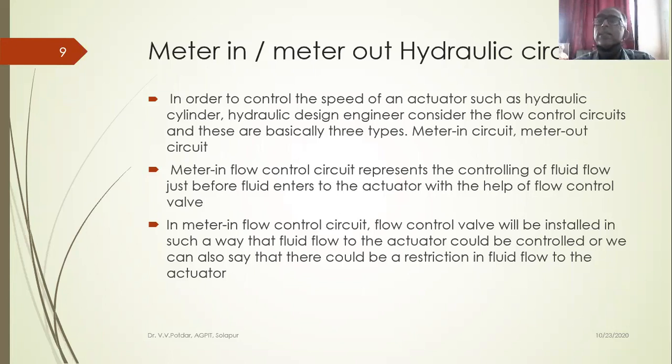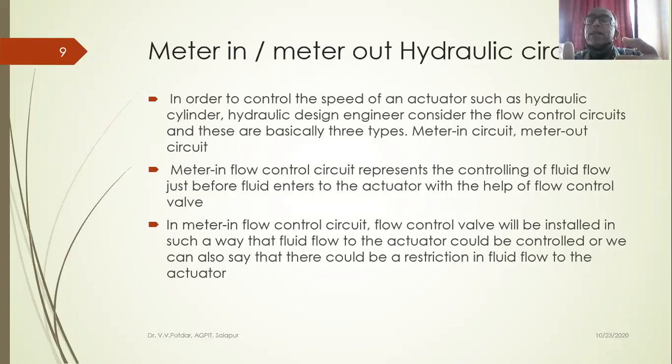Now, what could be the reason? Can anyone think and tell me? See, all the piston rods have got inertia. Whenever a load is connected to the piston rod, once you apply pressure, you have pushed it, fine. You have relieved pressure, still because of the inertia, it will keep on moving forward. That might hamper my work. So what I want is precise positioning. Once it is pushed from position X to X1, it should remain there. But what happens if I give supply pressure and leave the pressure? The piston is pushed, and because of the inertia of the load and the piston rod, it will keep on moving. So I cannot control the motion.